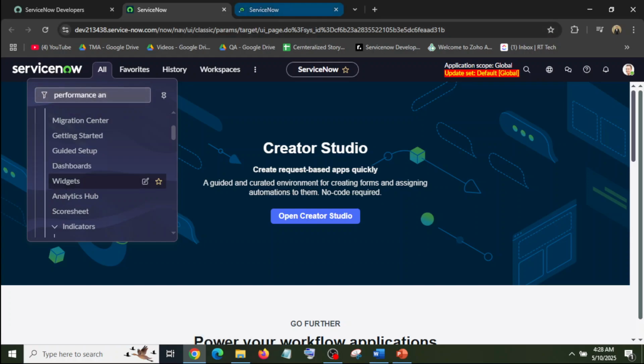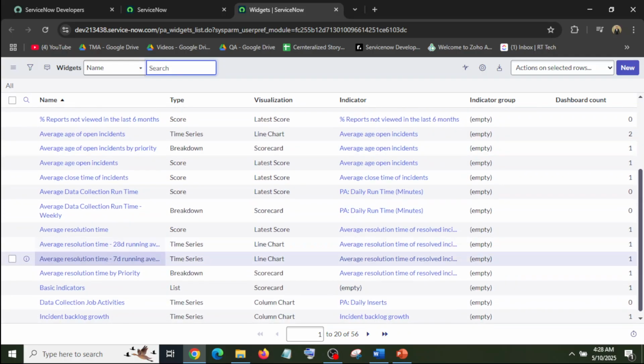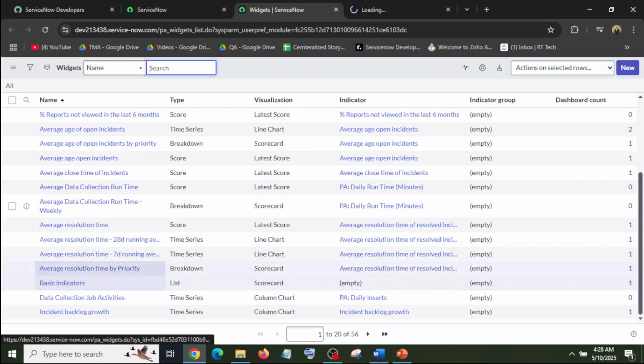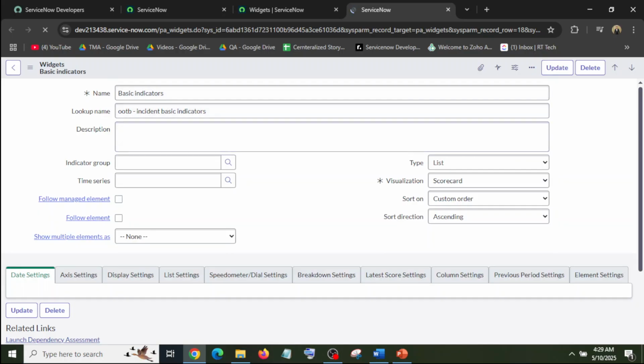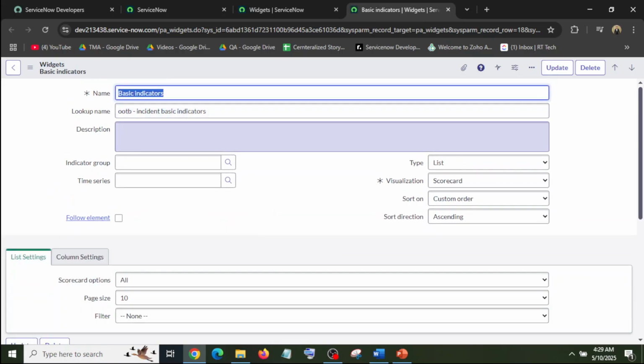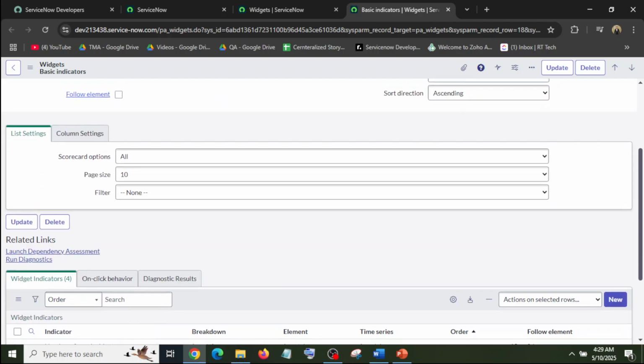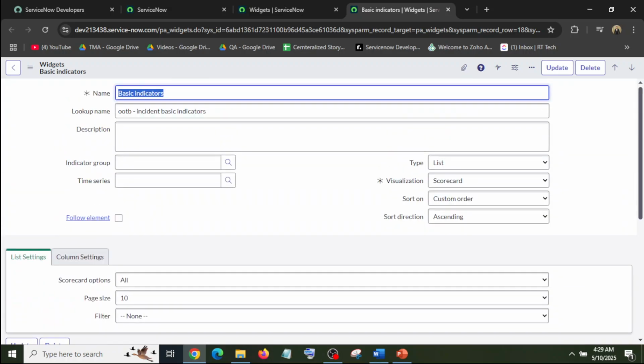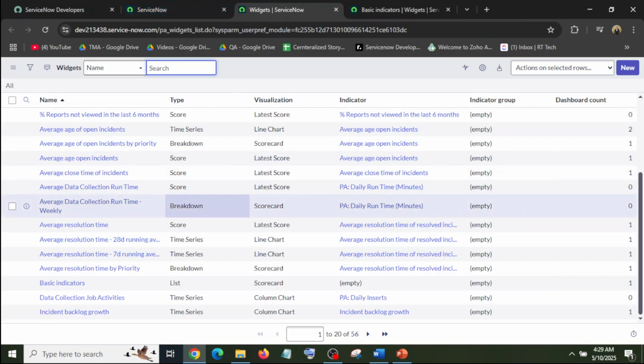If we open widgets, these are the different widgets, some out-of-the-box widgets, like this is the basic indicator widget. This is the name of that widget and the lookup name. Then widget indicators: number of new incidents, number of resolved incidents, incident backlog growth, number of open incidents. And this is the list of different types of widgets.